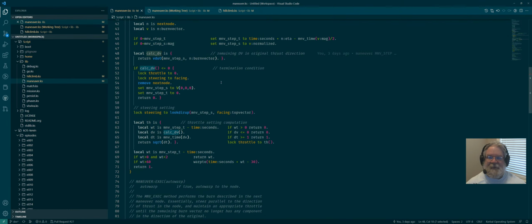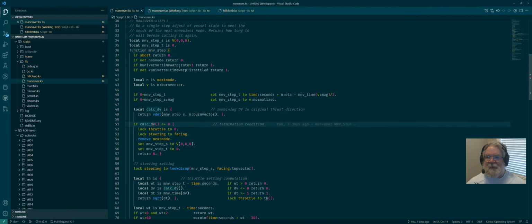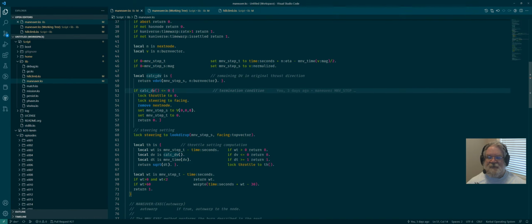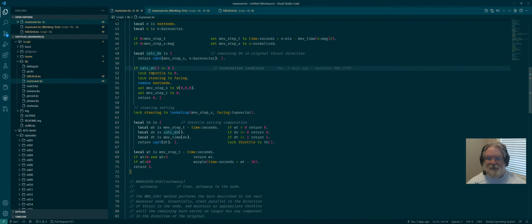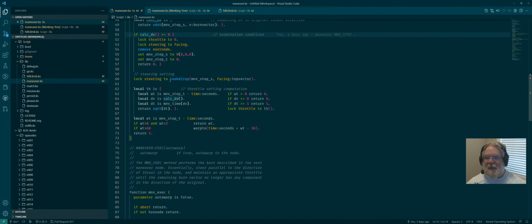We have a delegate for calculating our remaining delta V. We have our termination condition, which says, okay, we're going to be calling maneuver step periodically, and this isn't going to fire the instant we're done, but it will fire the next call. That's termination. Then we set our steering to,